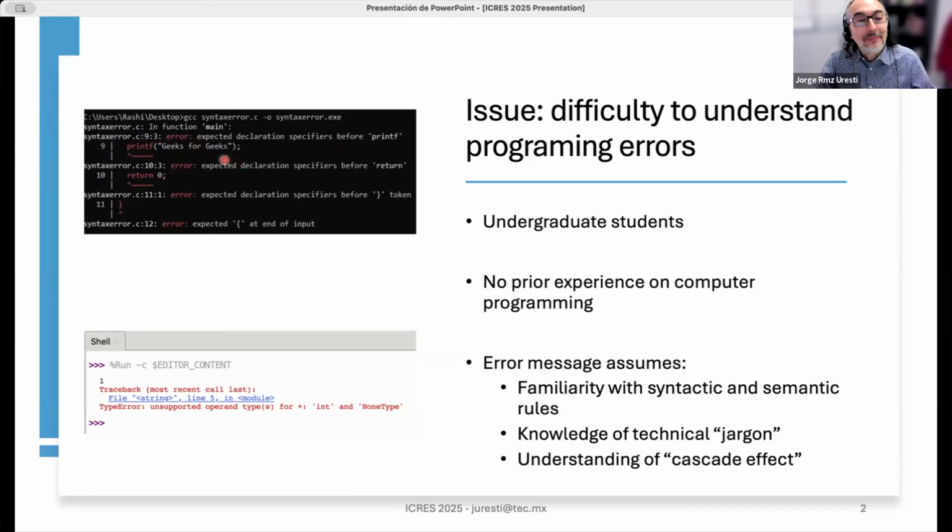It is kind of an unfriendly error that will be thrown at you, and they really don't